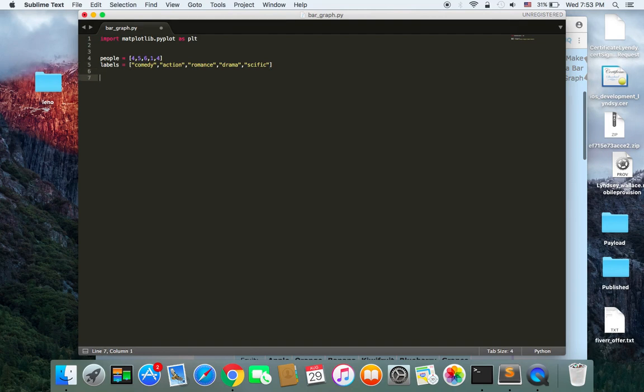So the bar function should be called on plt.bar, and we pass these 2 parameters. The first one that we pass obviously is the x-axis, which is the labels, and the y-axis, which is the people. And then we could also pass the color of these bars. So for example, color equals R for red, for example, B I think for brown. Let's pass B, and finally we pass the title of the graph, movie preference,